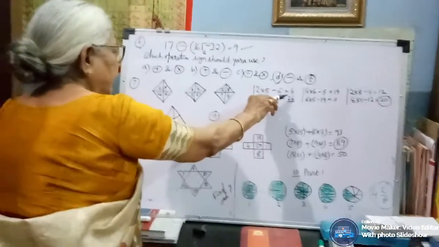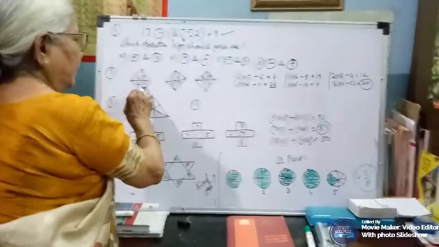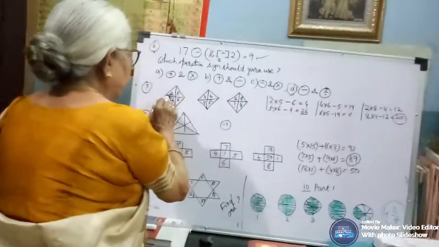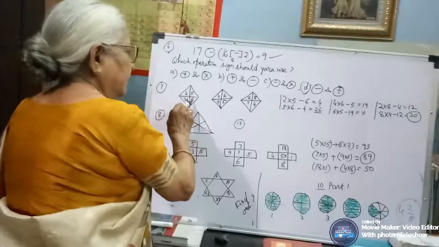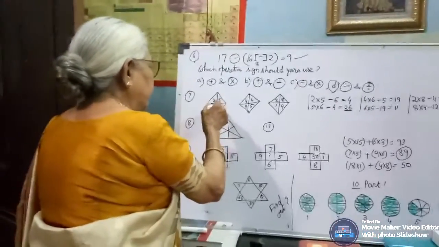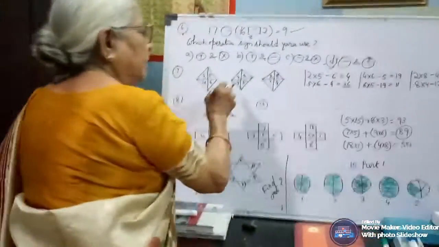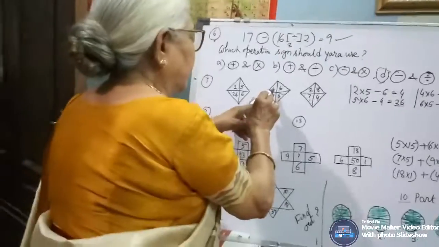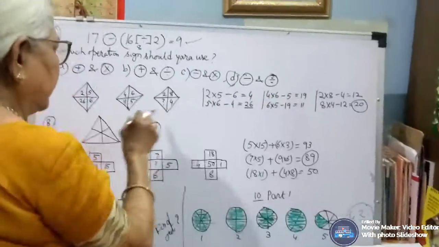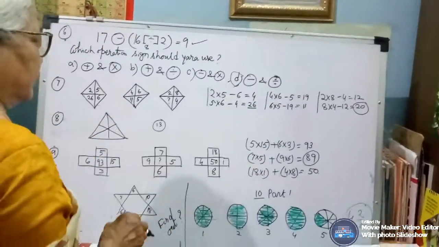This we have to use again. This is 5 and 4. 5 6s are 30 and minus 4. That means first 2 we have to multiply and then subtract this one. Okay. We got 4. Again we will multiply these 2 and subtract the same. So it will become 26. Here 4 into 6 is 24. Minus 5 is 19. Now 6 5s are 30. Minus 19 is 11. Okay.